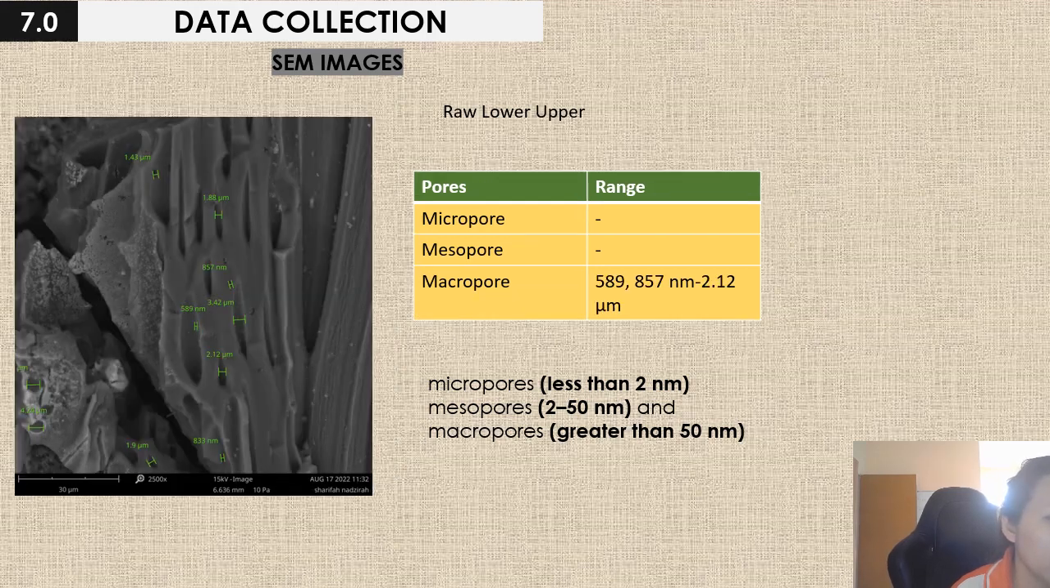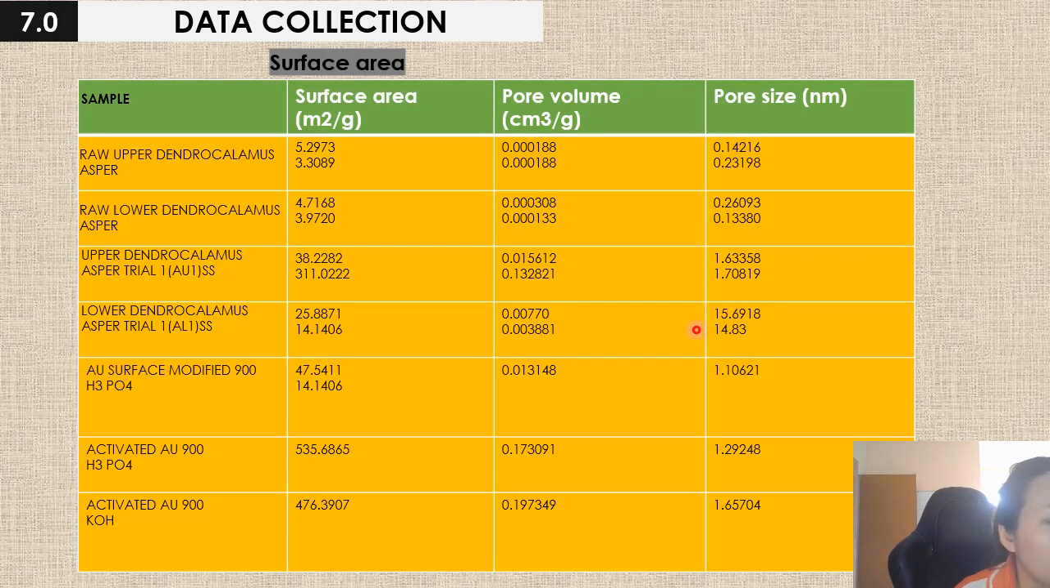So here, we have a few types of pores. Micropores are less than 2 nanometers. And this is my surface area, the BET analysis, where we have done the raw and the surface-modified Dendrocalamus asper, and